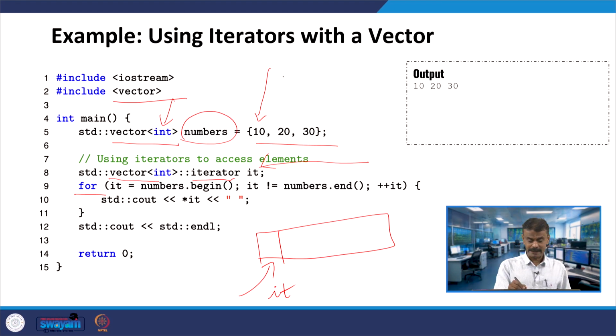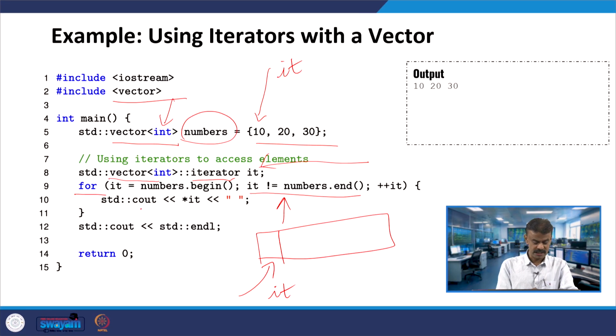So it is pointing to the address where element 10 is stored, and this is the end. The check condition is whether it is equal to numbers.end(). If equal, that is the stopping criterion. Right now it is not, because it is pointing to begin.